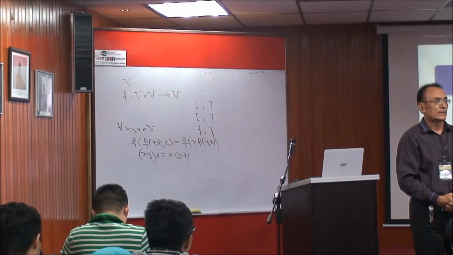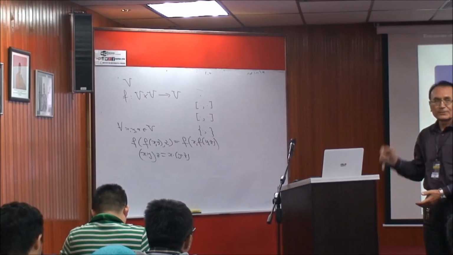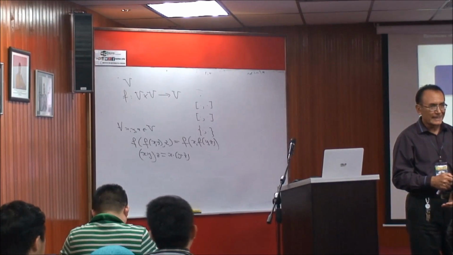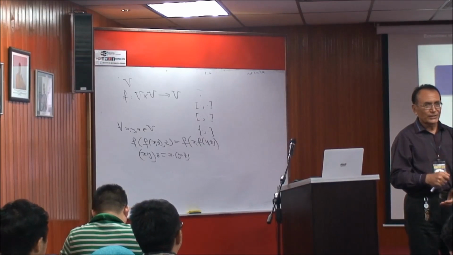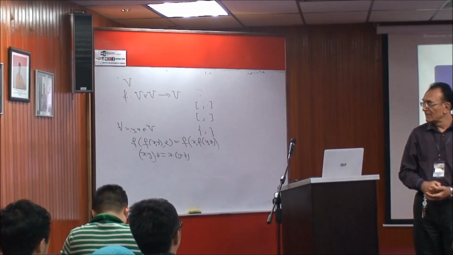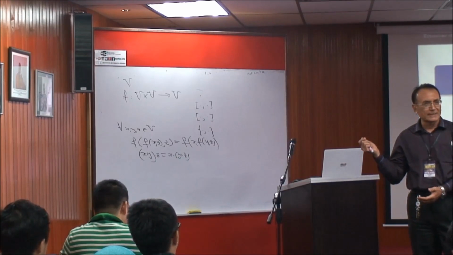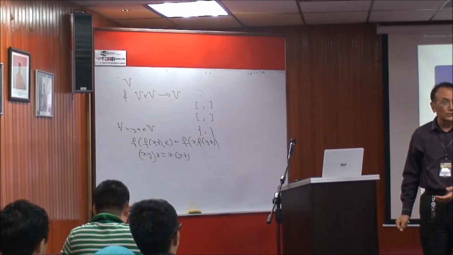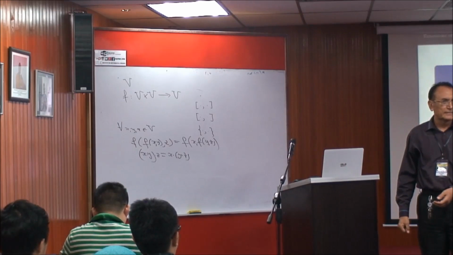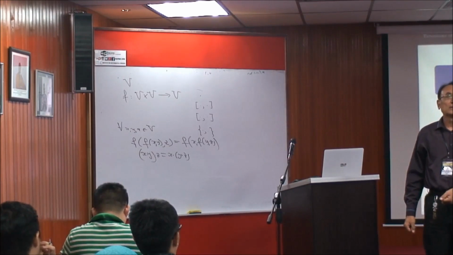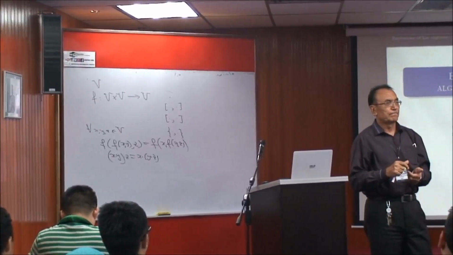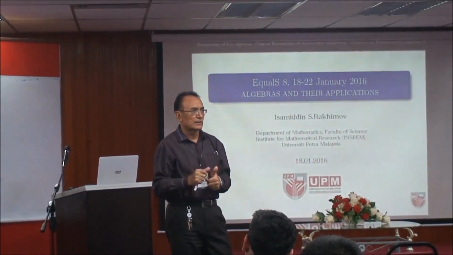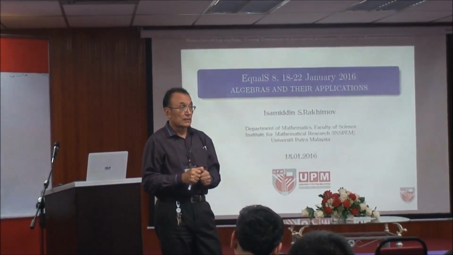Another class is Leibniz algebras, which is a generalization of Lie algebras. Then more general, related to these two classes, is called algebras with two binary operations. It's called D-algebras, or if you have associativity of both operations and some condition between these two associative operations, then it is called